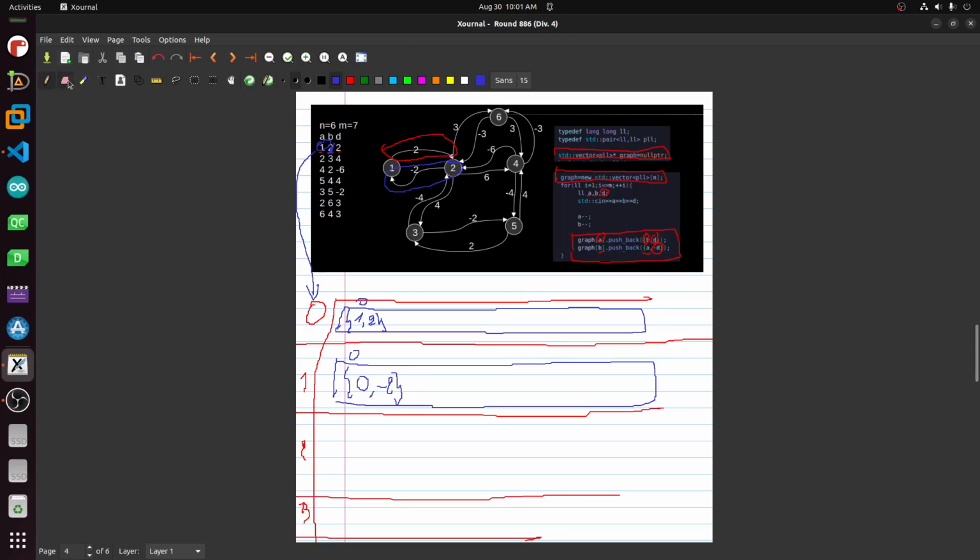So now the node will be changed. This is 0 and this is 1. As you see, node 0, this one, is connected to the node 1 with edge 2, and node 1, this one here, is connected to the node 0 here with the edge minus 2, this edge. Okay,